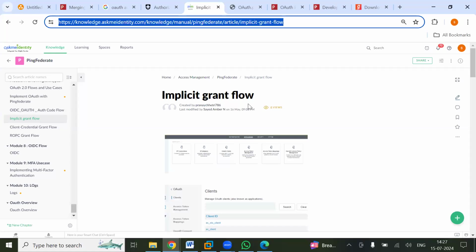Again, see, this implicit grant flow you are never going to use in your environment. And if you do use it, you'll have to explain why. You'll never come across applications where you want to share the tokens in the URL. As simple as that. So don't bother yourself learning way too much about implicit grant. The only thing you should know is how this flow is different from the authorization code flow. In the authorization code flow, there is a code to token exchange happening, right? So if I go back to my diagram,